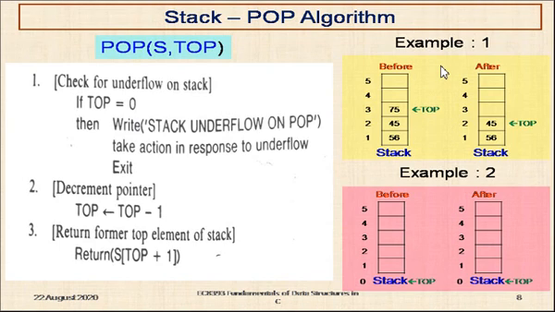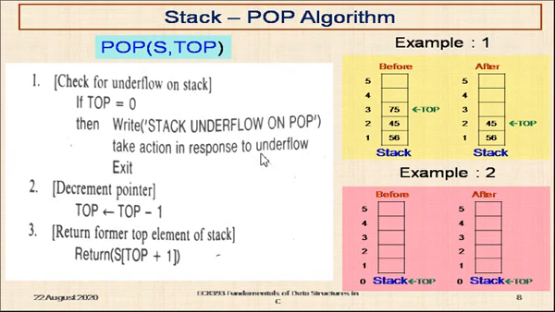So now let us come back to the first example. You check whether top is equal to 0. The condition fails. Condition fails means the stack is not empty. So it goes to the next step. Top is equal to top minus 1. So top is now equal to 3 in our example. After popping out data from the stack, we have to adjust the pointer one position down. Am I correct? Because we know that top is the pointer always pointing to the top of the stack, right? So top is equal to top minus 1.